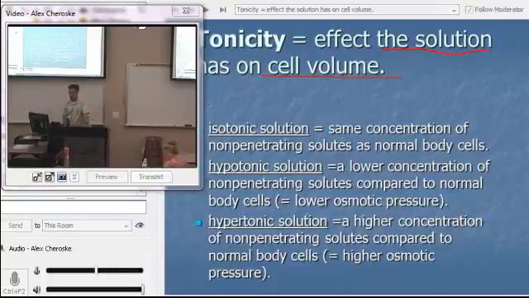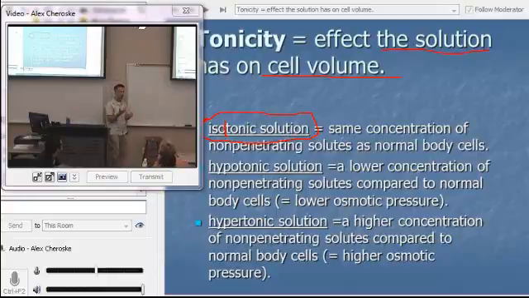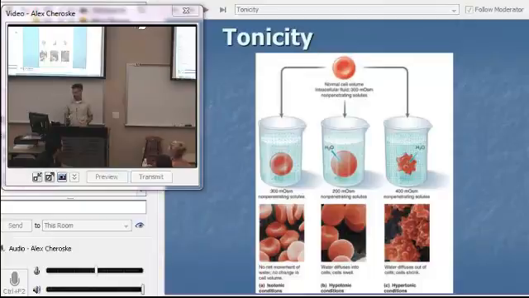So what we find is most of our cells are isotonic, right? Iso means the same. So isotonic means it's the same concentration of the solutes inside the cell as outside. So we don't have a lot of water moving one way or the other. If, on the other hand, it's not in the same concentration, then what's going to happen is we can see